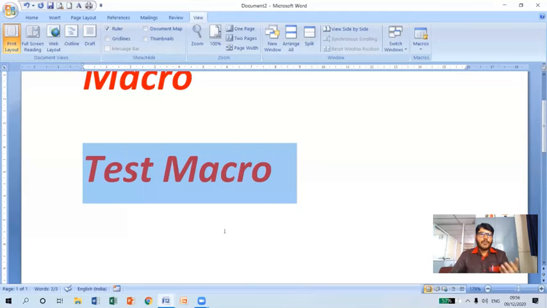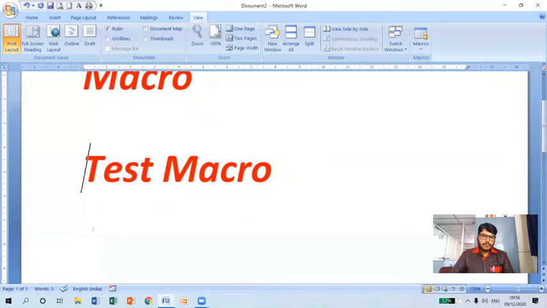Whatever sequence of operations it has recorded, when I execute the shortcut key, it will run that particular macro, perform all the recorded operations, and apply them to the selected text. So this is the use of a macro.